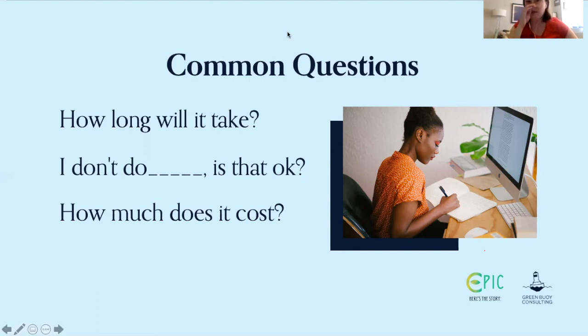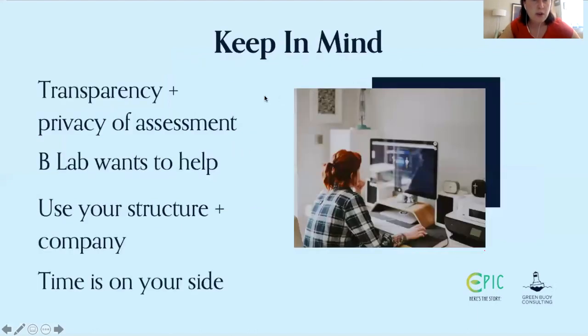So if I haven't seen any questions specifically about the assessment, if anybody wants to put one in the chat, I can go over it. We'll also have time for questions at the end. So this next slide,